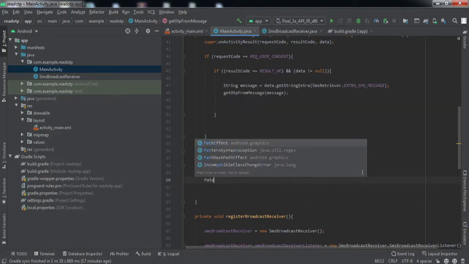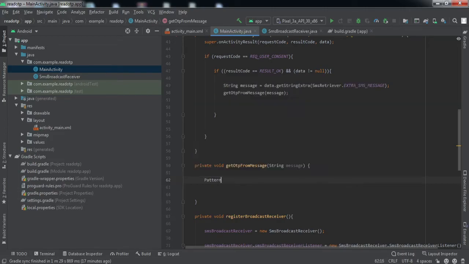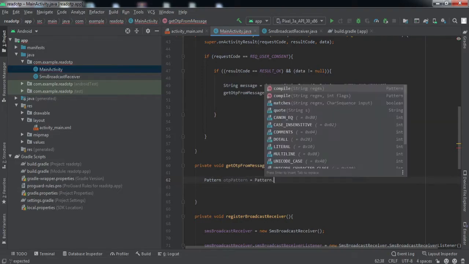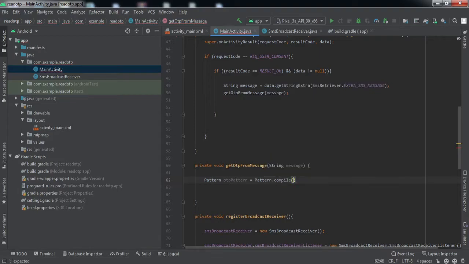So for that, we'll be using this Pattern class. I'll name it OTP pattern is equal to Pattern.compile, and here you need to pass the argument. In my case, the length of the OTP will be 6 digits.